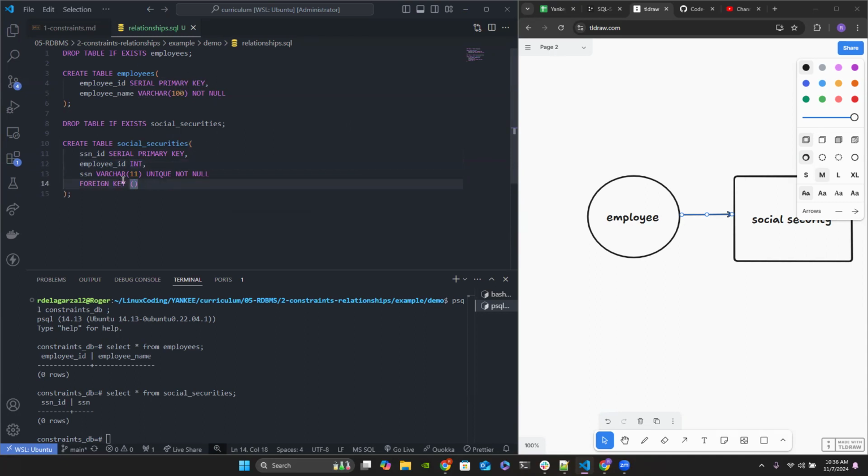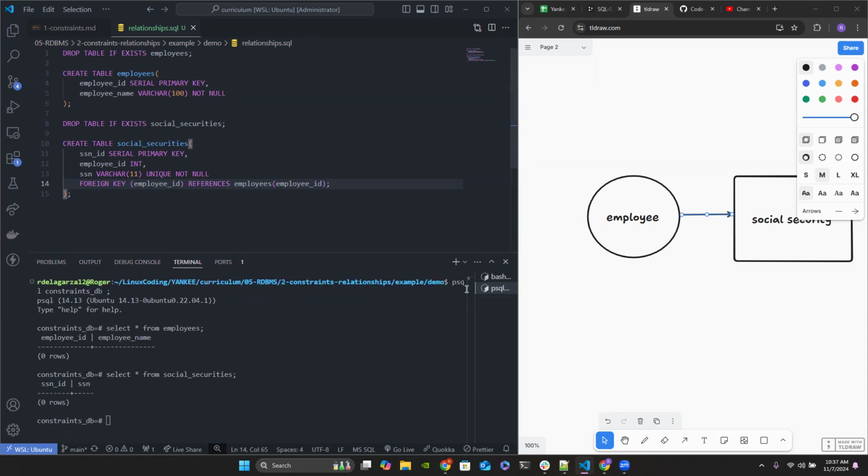And now going back to my foreign key, I'm saying, hey, I want a foreign key. That foreign key should be my employee ID that I have defined. And I want it to reference, right? Make sure it's plural, references. I want it to reference the employees table. And within this employees table, I want it to reference the employee ID. Right? Now, if we run this,